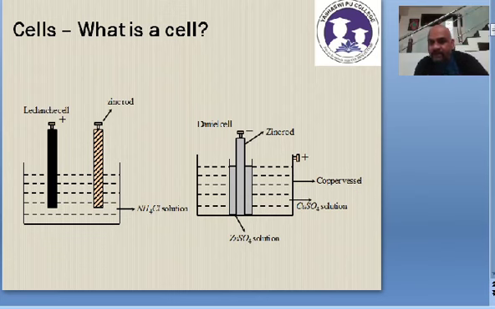Similarly, we have another cell, which is the Daniell cell. In this Daniell cell a zinc rod is dipped in a zinc sulfate solution and acts as the negative electrode, and in a copper vessel there is a copper sulfate solution, and the copper vessel itself acts as the positive electrode. The Leclanché cell provides a voltage of around 1.5 volts and the Daniell cell provides around 1.05 volts. So this is how the cell looks. In this cell the chemical energy is converted into electrical energy.